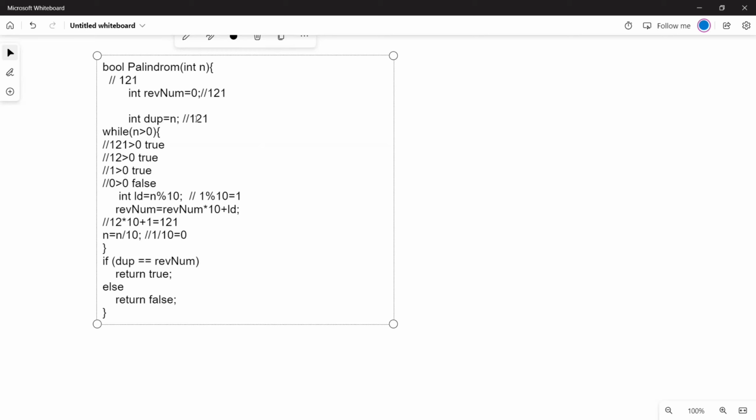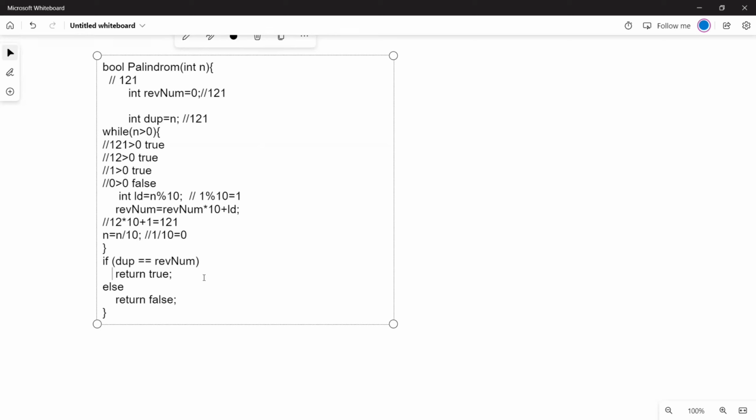What is the value of duplicate? Duplicate is 121. 121 is equal to 121. So we simply return true. So I hope you understand the problem.